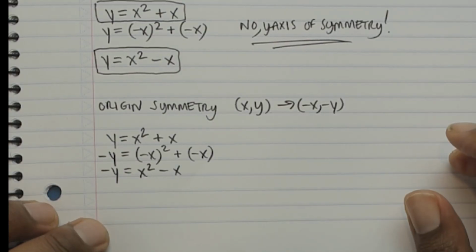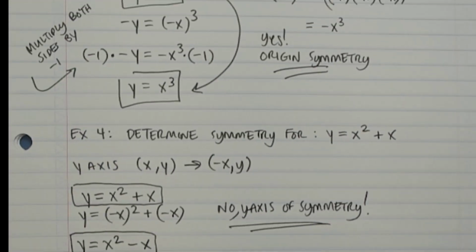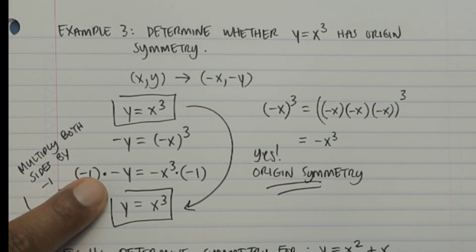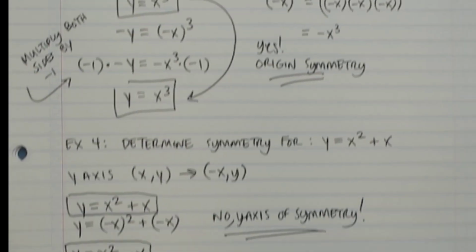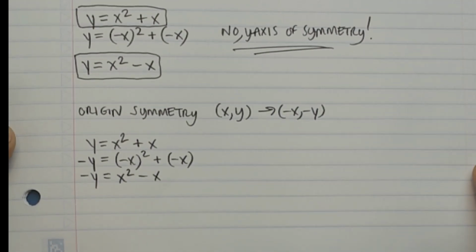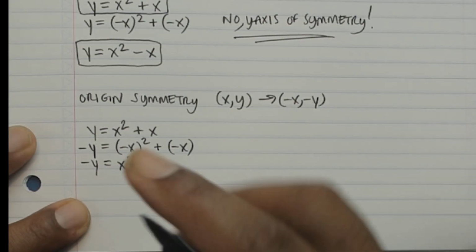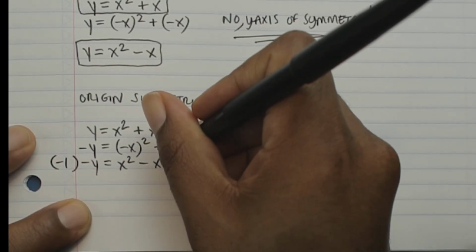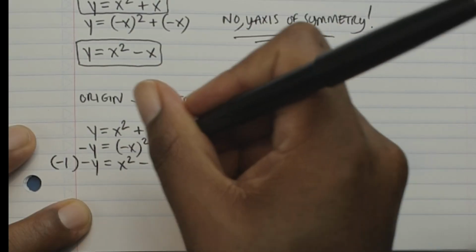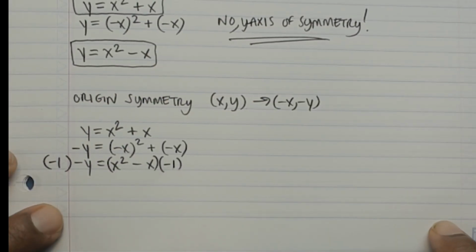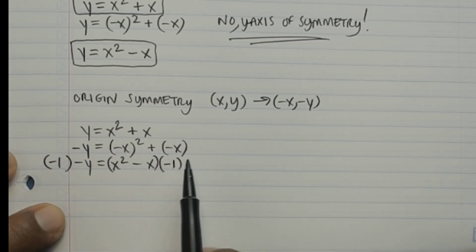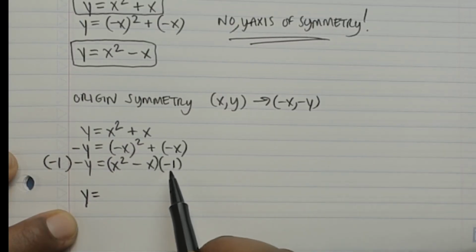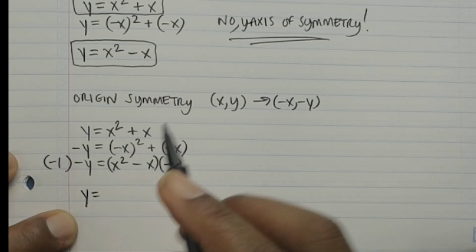Now, earlier, we had to do one extra step in the previous example by multiplying both sides by negative 1 to get rid of the negative y, because we cannot leave y as a negative. So we're going to do the same thing here. We're going to multiply both sides by negative 1. When we multiply both sides by negative 1, we're using the distributive property over here. We're going to end up with a positive y. Negative 1 times x squared is going to give us,